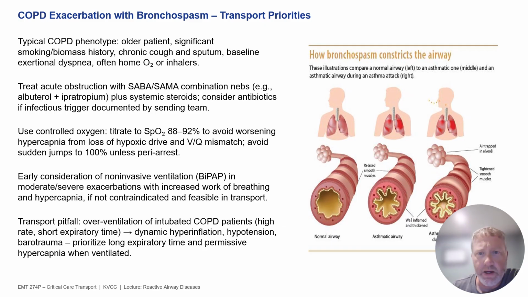I've seen providers give COPD patients 15 liters or more by a non-rebreather just as a reflex. Oh, they're desatting. Oh, their sat's only 78. What do we do? Put them on a non-rebreather. But in the chronic CO2 retainer, that can blunt or knock out the hypoxic drive that they're relying on and actually worsen their hypercapnia quickly. The target SpO2 for COPD is 88 to 92%,